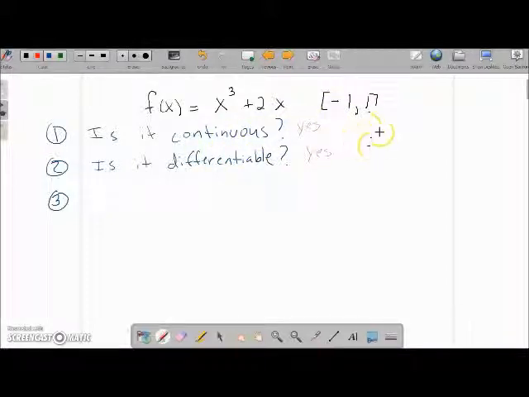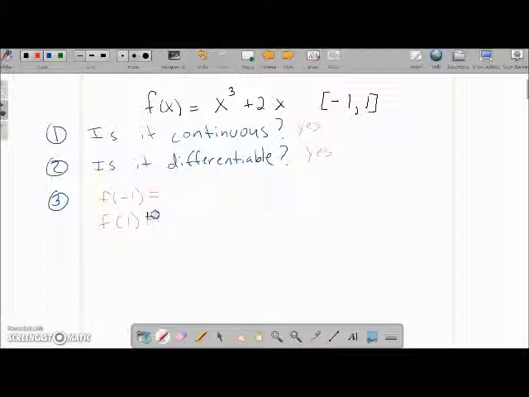Okay, so the mean value theorem does apply. So we're going to see if there's a point c that has the same slope as the slope between these two points. Okay, so the next thing you want to do is figure out what f of -1 is and f of